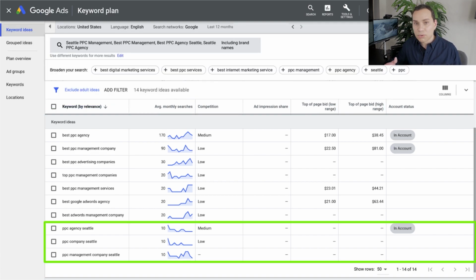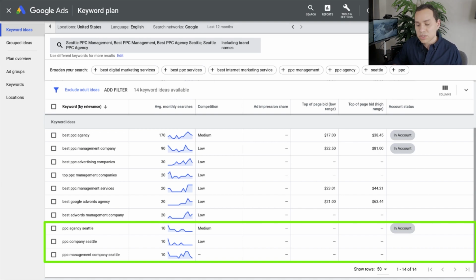So now let's go ahead and go through actually adding some keywords to our plan and how we can actually begin to forecast how much it's going to cost to go after keywords. Now again here, we want to make sure that we're looking for keywords that represent someone who's searching to actually make a purchase. So we've already eliminated the what, when, where, how, and free people. So now we want to make sure that we're adding keywords that are very relevant to our product or service.